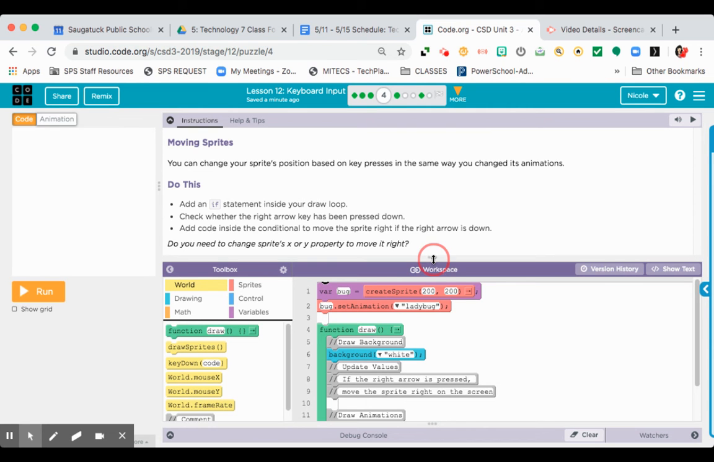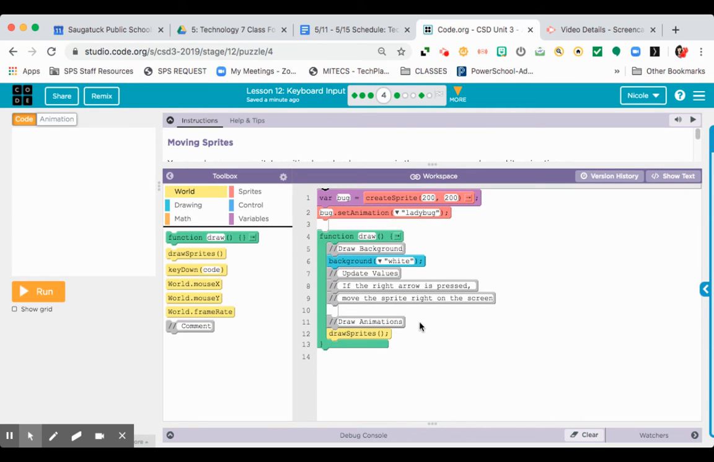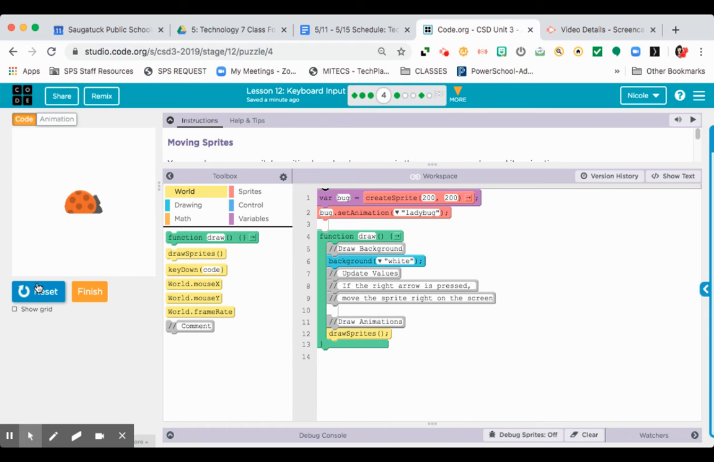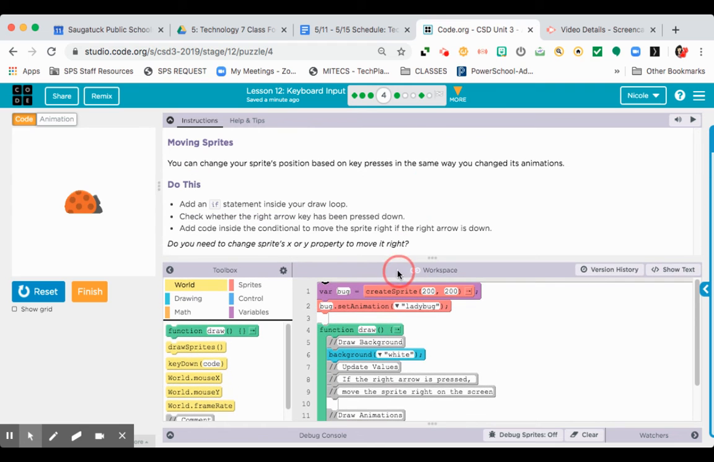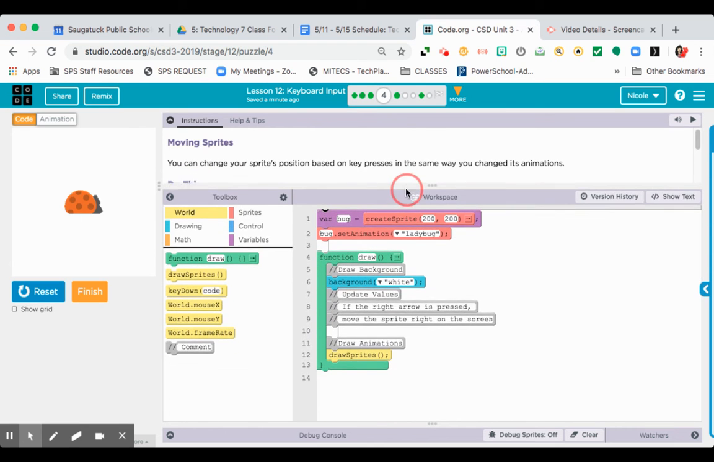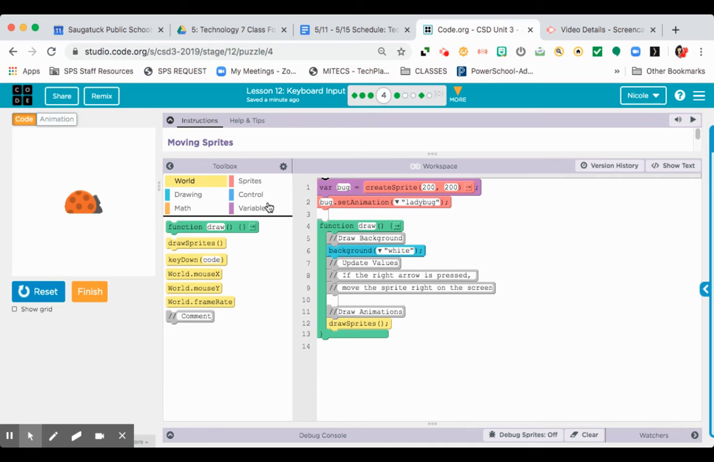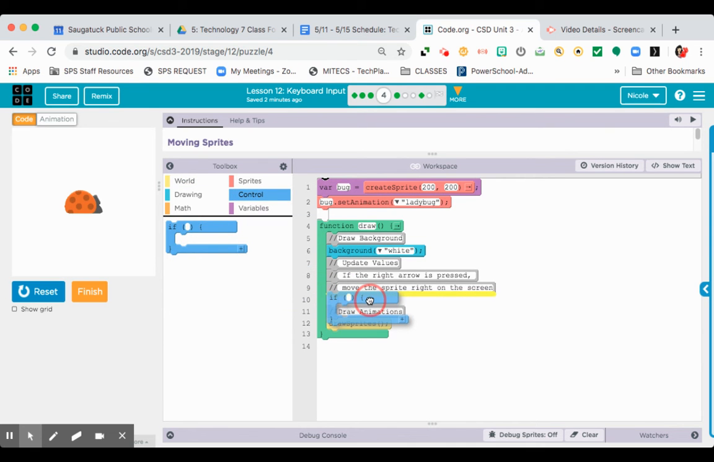Okay, so let's take a look at this. Here they have a ladybug, and if I run this, a ladybug appears. They want us to say, hey, if the arrow key moving right is being pressed, we're going to move that ladybug over to the right. So we need an if statement. I'm going to go to controls, and I'm going to put it right here where it tells me on